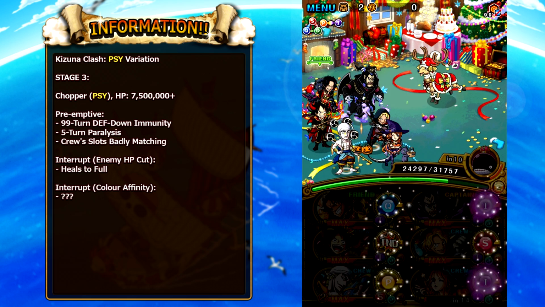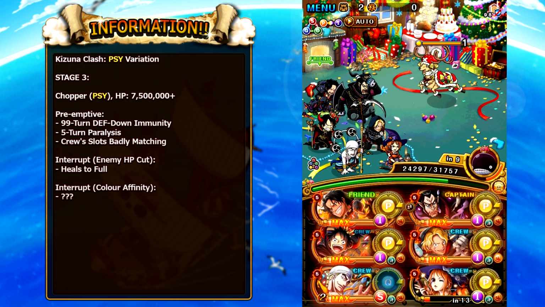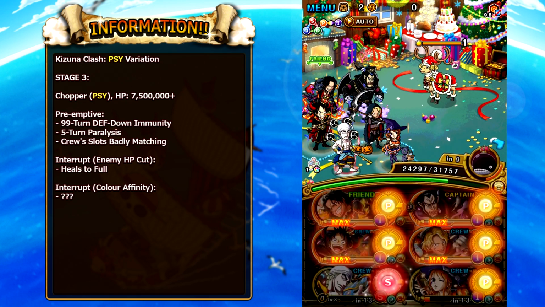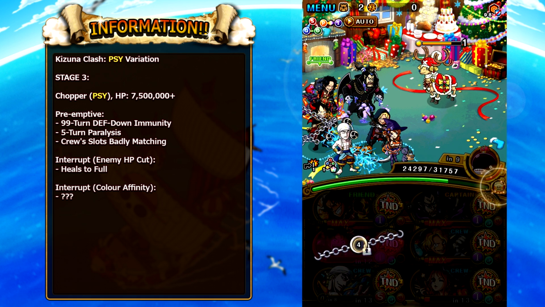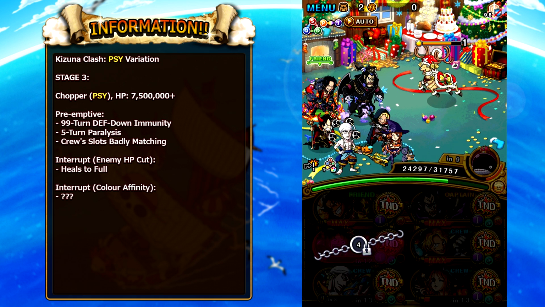And he does obviously interrupt when you HP cut him, and he'll heal back to full. And as I said, he does do something upon color affinity activation. Not really too sure what that is. Unfortunately, this particular Kizuna was not reported on that much when it debuted on Japan. So unfortunately, I don't have much information for you guys, but just note that it's better to use color affinity